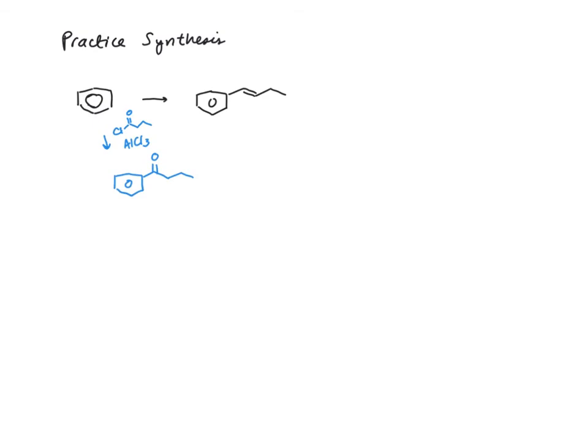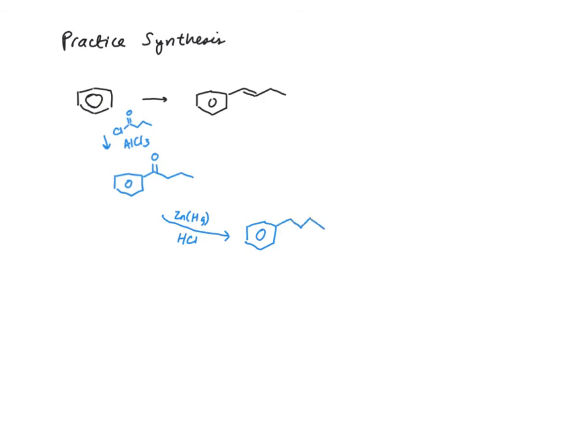And now we have to figure out what to do with that carbonyl. Well, what we want to do with that carbonyl is get rid of it completely, because we don't have any oxygens in the product, and we're not going to do a Grignard or anything. We don't need to add any more carbons. So we're going to use the zinc mercury amalgam with hydrochloric acid to do a Clemmensen reduction to get to